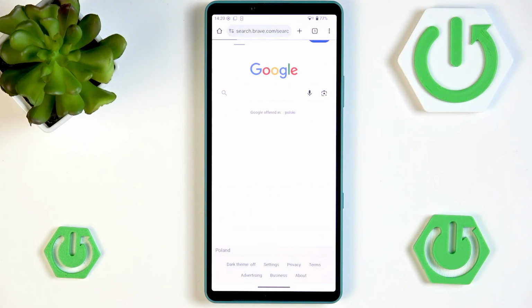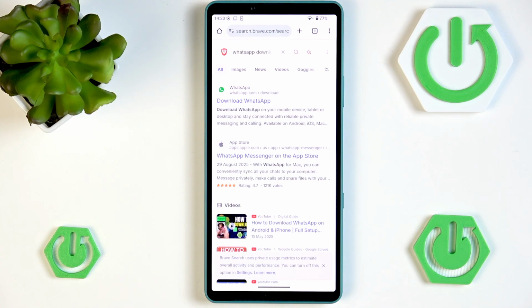And as you can see, we already have a suggested WhatsApp download. So we can wait for a moment. Of course, this will be faster if you have better Wi-Fi. I unfortunately have pretty poor Wi-Fi, which is, as you can see, pretty bad, so I'll just pause the recording. And as you can see, somewhere here at the top we should see the official